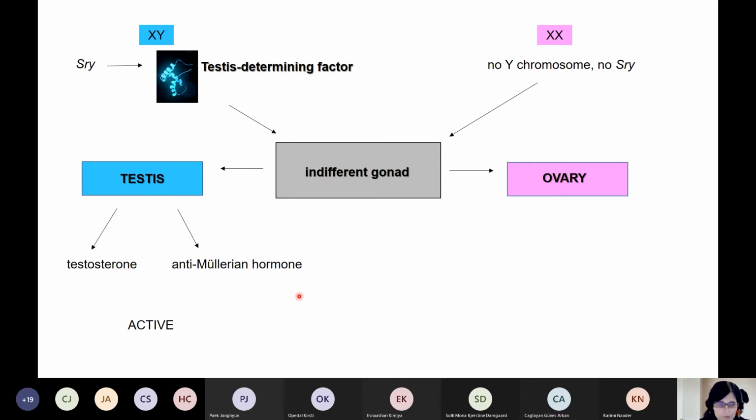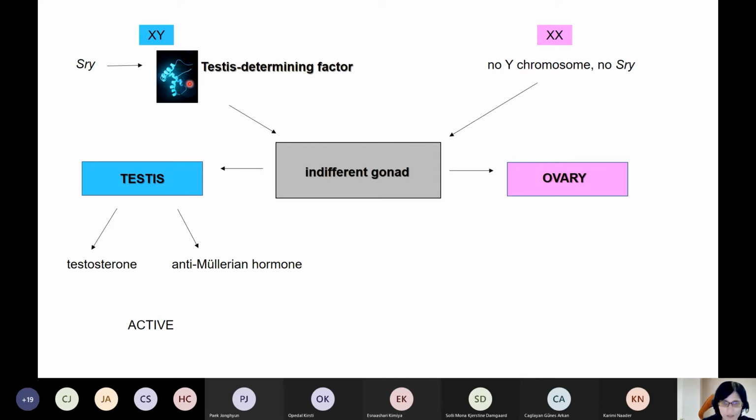So we could say, as others have previously done it, that this is the passive way. But this is not passive, because the development of the female genital tract is also a very complicated process. But of course, it does not need the active contribution of the SRY gene and the SRY protein, or testis